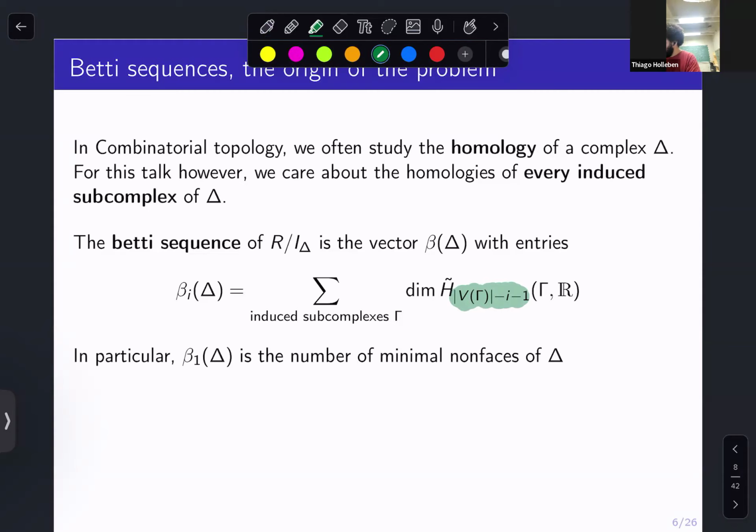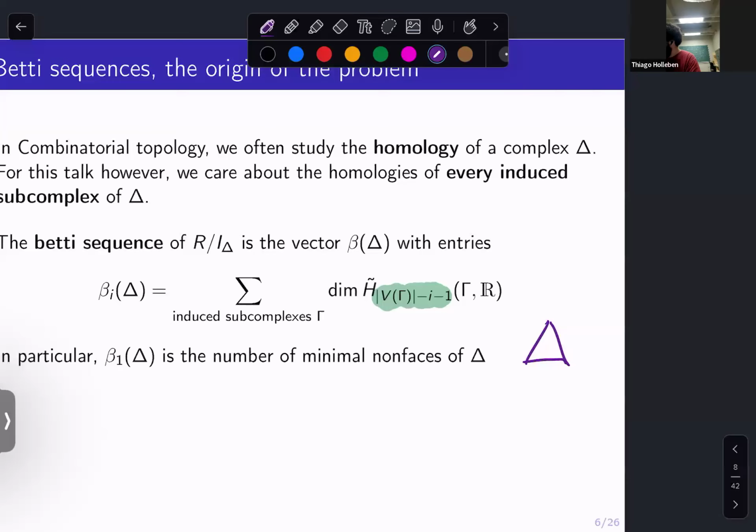Okay. Now, one thing that it's not too hard to prove, but I won't do it here because I don't think it's necessary, is that from this definition, beta 1 is actually going to be the number of hollow simplices that your simplicial complex contains. So a hollow triangle is when you have the 3 edges of the triangle, but you don't have the actual triangle there. Okay, a hollow tetrahedron would be the same thing. You have all the faces except for the whole thing. And beta 1 counts exactly that sort of thing.